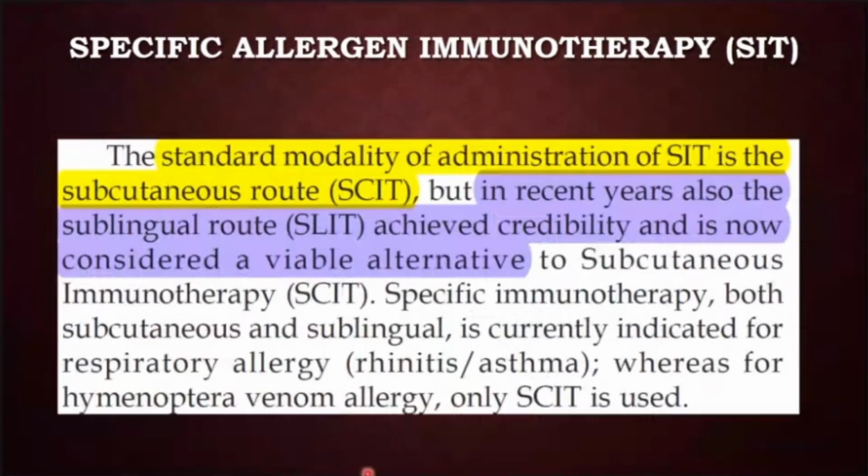So how do we give SIT? There are two main ways in which we give SIT. One, the standard modality, is the subcutaneous route. The subcutaneous route, when we give the therapy, is very similar to how we do the allergic testing. The only thing is that here, instead of giving a panel of different allergens, you give one specific allergen. Basically, you desensitize with one specific allergen. You can give it subcutaneously in any site. You can give it over the chest, over the back, in the forearm, in the arm. Okay, so that is the subcutaneous route of immunotherapy, what we also call the SCIT.